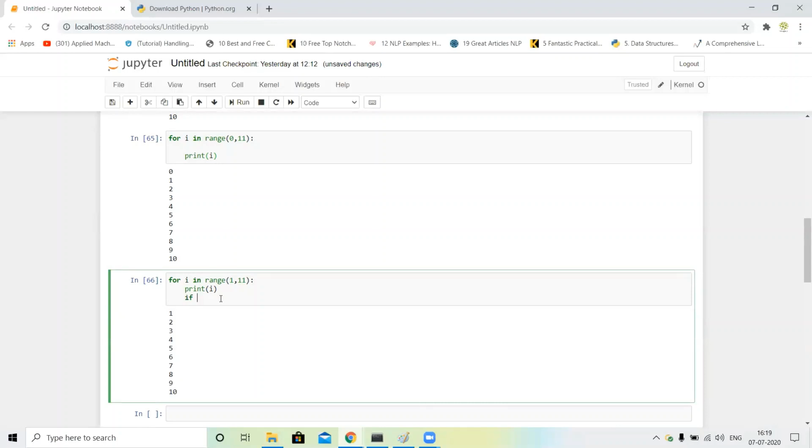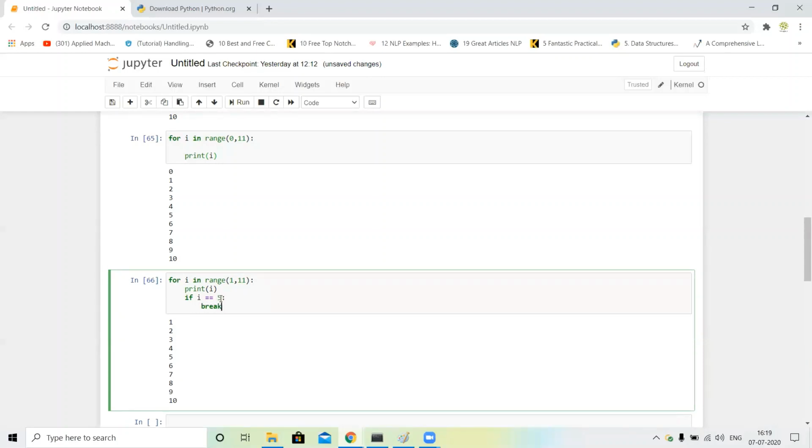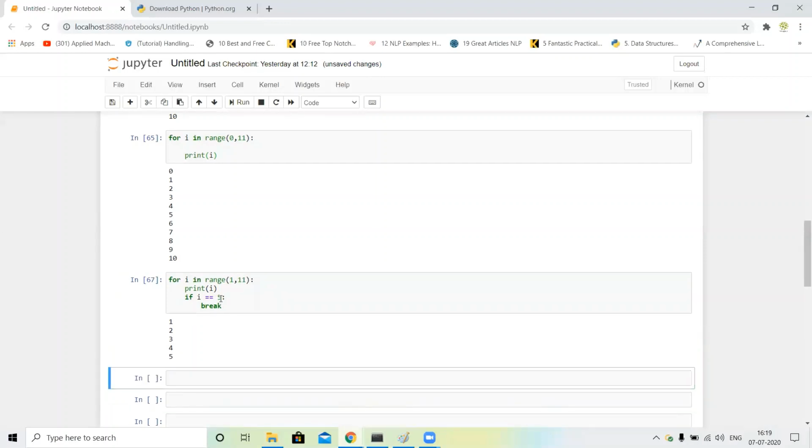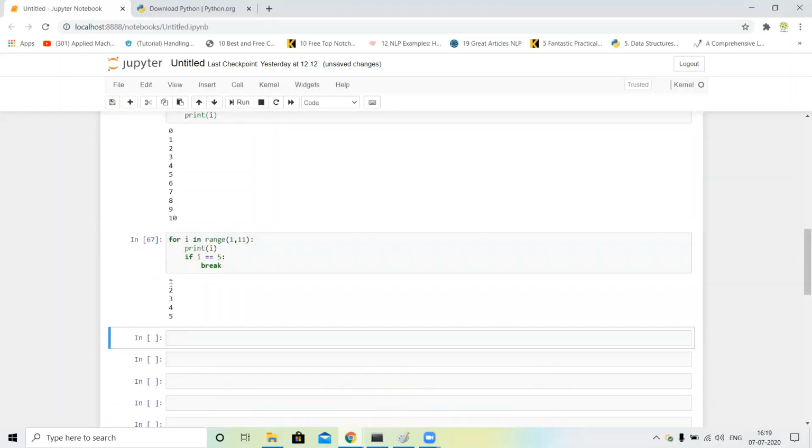If i is equal to 5, then break. When our output is 5, then it breaks. So I just run this. You can see our output is 1 to 5. When i is 5, it breaks.